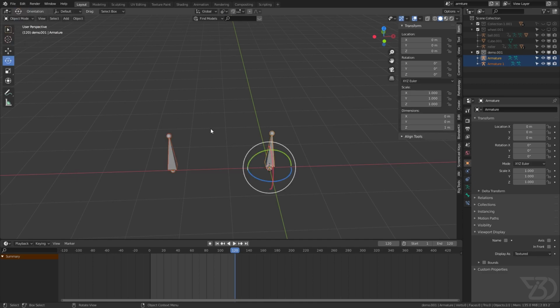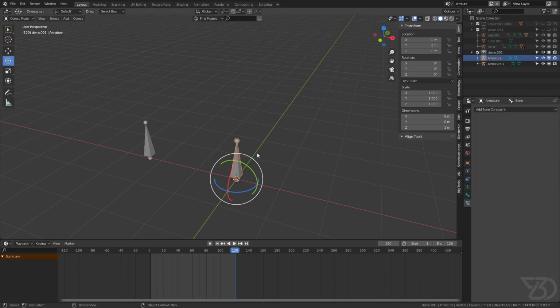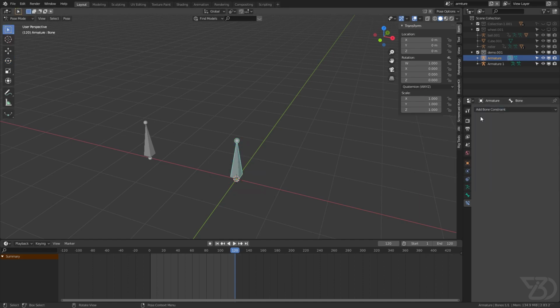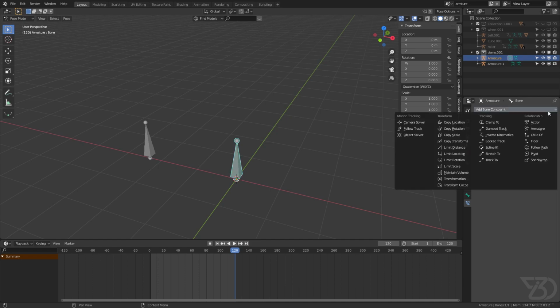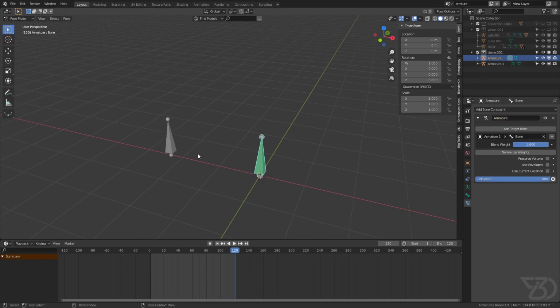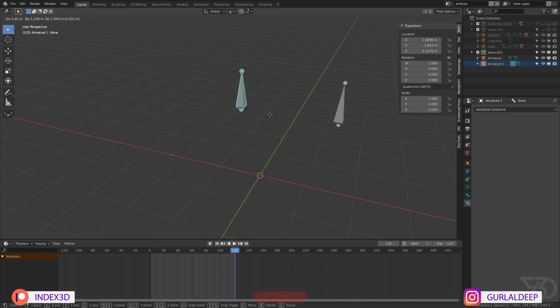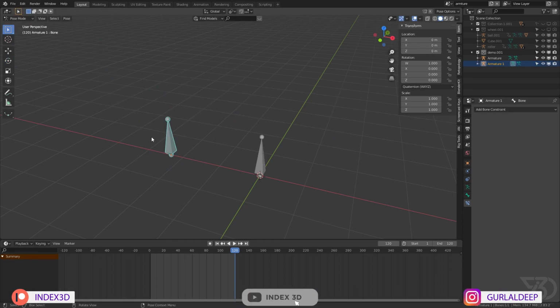So how we can parent them is by using this armature constraint. Let's go to pose mode and then armature constraint, and then I will select add bone and I will add a bone like that one, and then I've selected the armature. Now I will have to select the bone. And now if I move this bone, I can move this one as well with it.